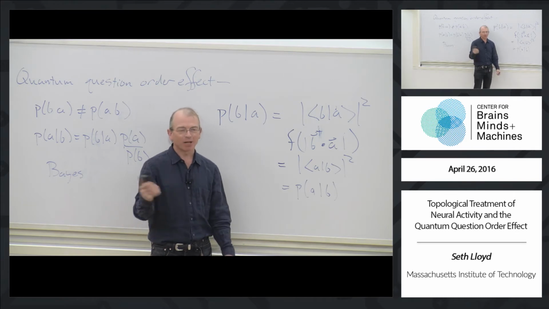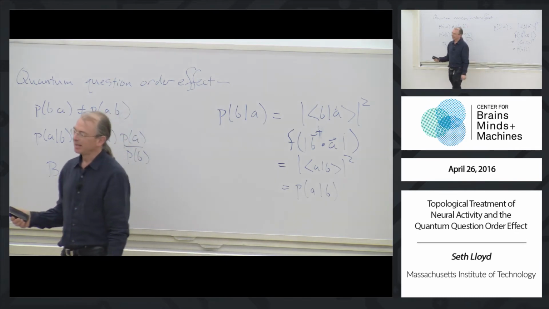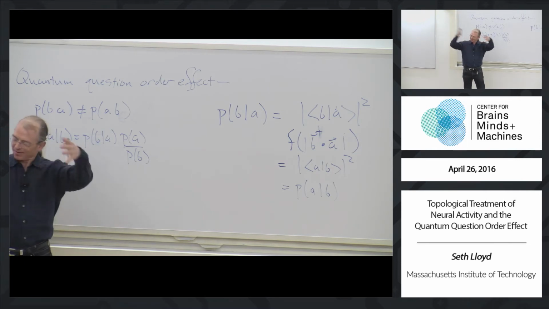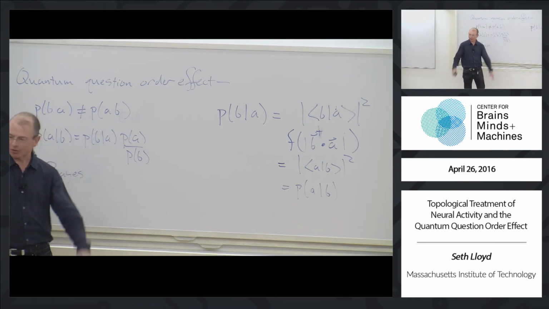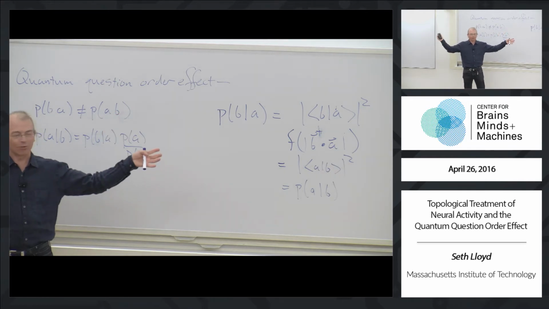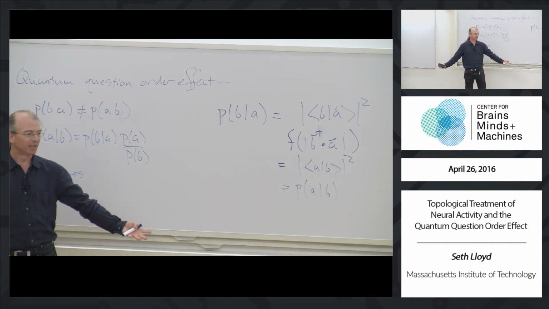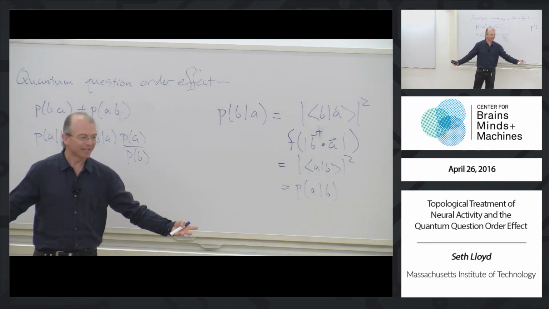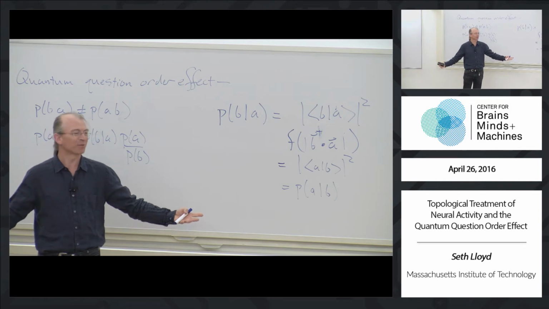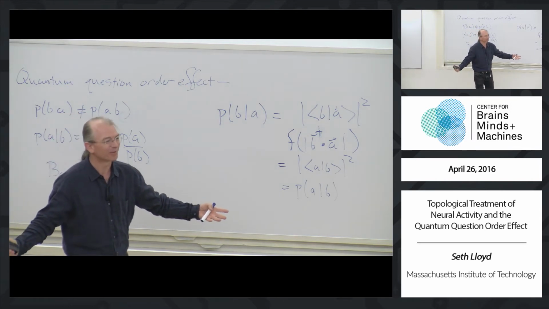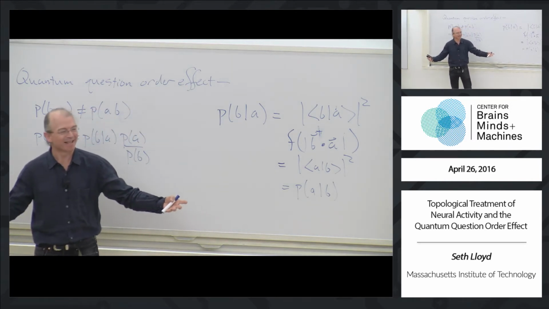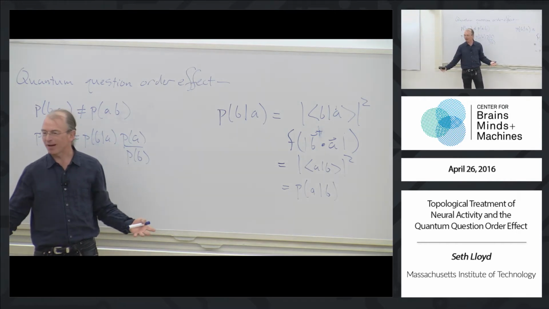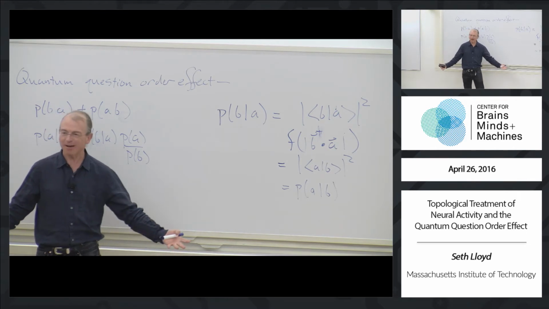Yeah, so the kind of models, for instance, in Slotine's paper, basically there's some brain state, which is your neurons firing in a particular pattern, and then you ask a question. And now your brain is put in a mode where it has to give this answer or this other answer. So these are attractors of some complicated nonlinear dynamics. Okay, you're actually forcing me to give my argument for why this should be the case, but I'll do that anyway. Why not? In case I don't make it to the end. So there's some complicated nonlinear dynamics going on, such that you end up either in this attractor, B, or end up in not B. Okay.